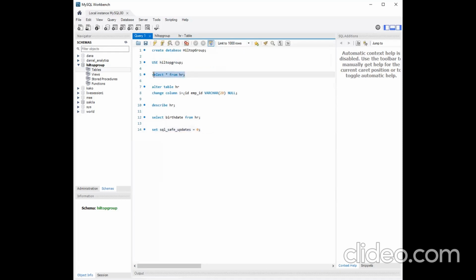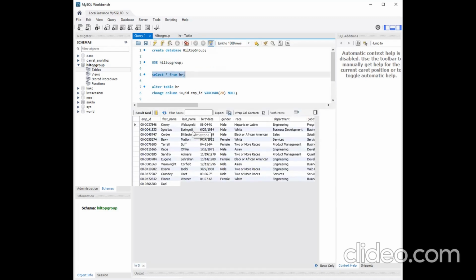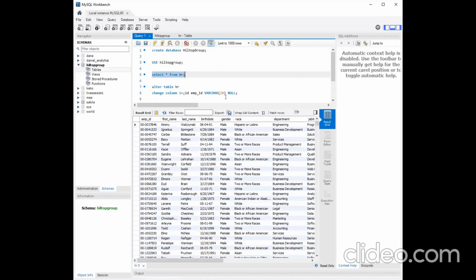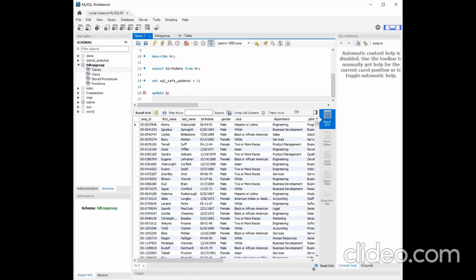Then I'm going to run this also. So what I want to do now is update. I want to actually clean this particular column, and to do this we're going to use a case function. I don't want to explain this, I'm just going to run my code. So this will be update HR. Never worry, I'm going to have a comment that actually explains this code. Set